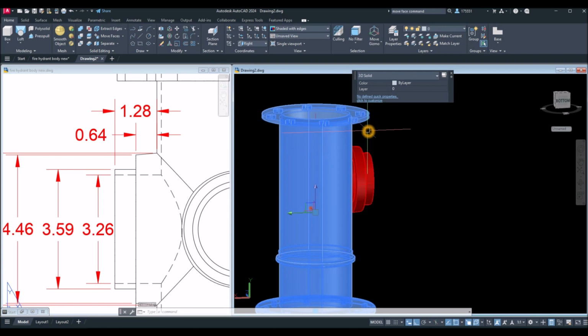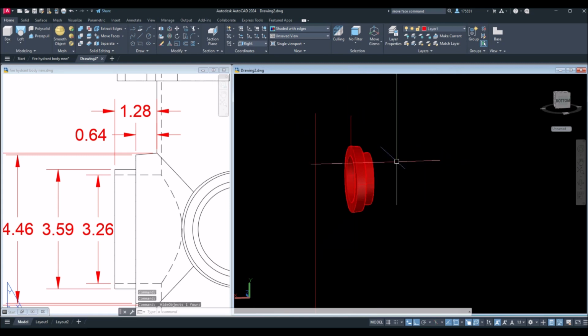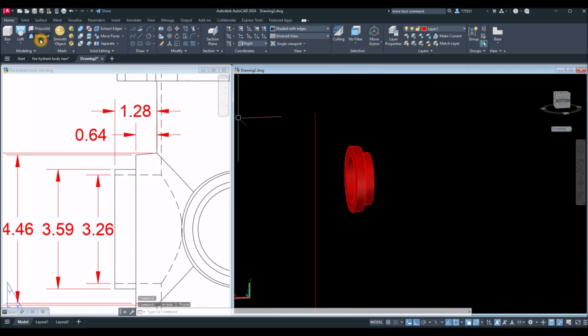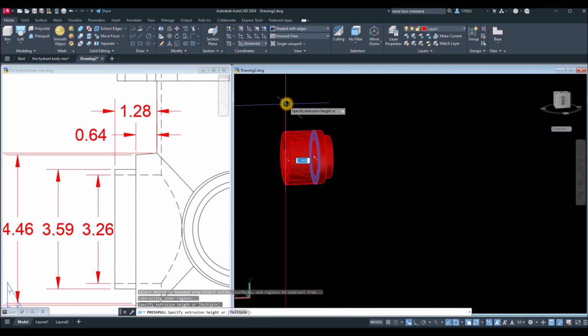So what I'm gonna do is show you first. So hide this one, hide the barrel first, select the object, hover over isolate and select hide objects. Just gonna remove that. And if I use press pull command and click this face and extrude it,